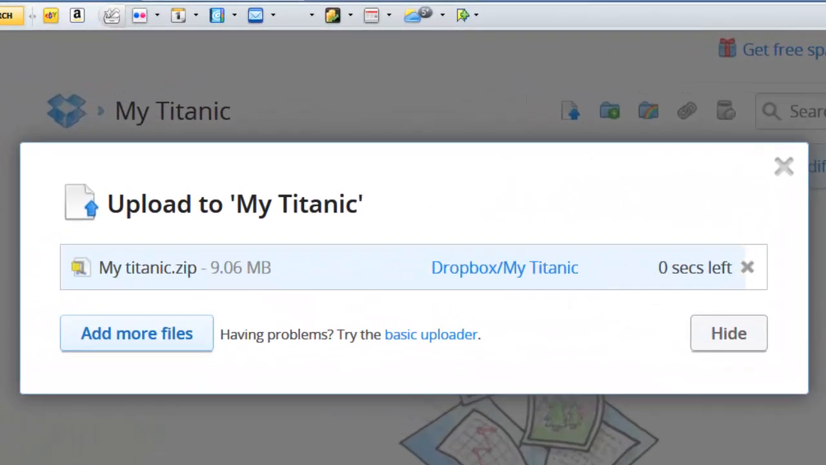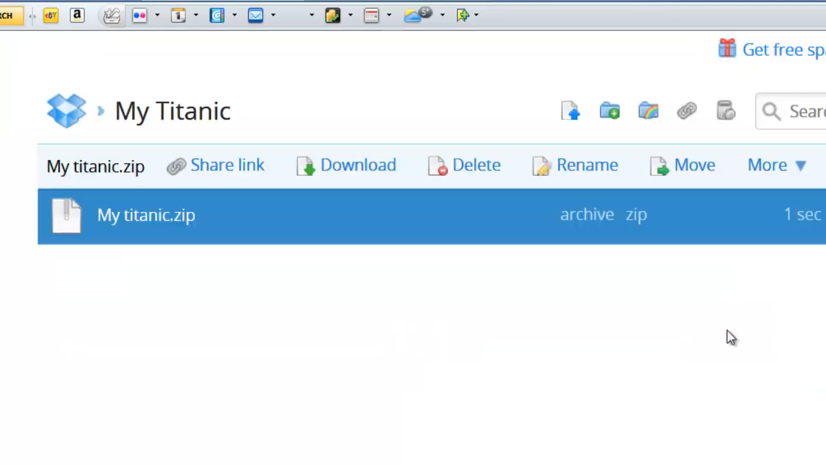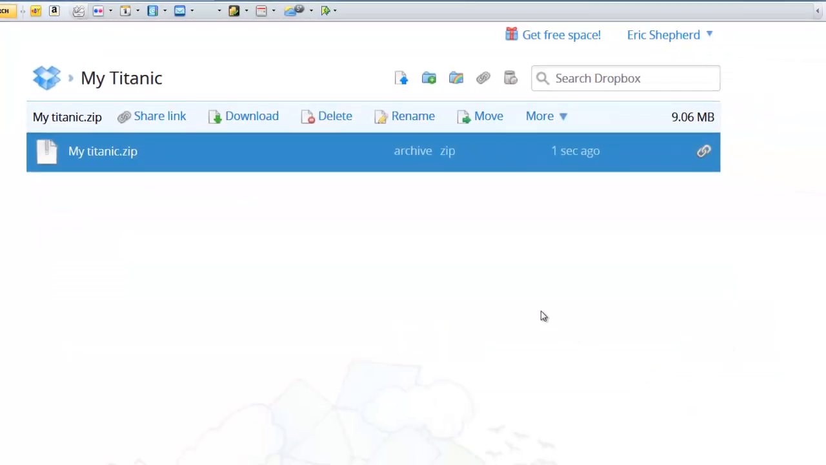Right, we'll just let this finish off now and see what happens. I'm a little curious myself because it's a long time since I've used it. It says it's done, so we'll click on that and there we go. So we've got a blue bar here with My Titanic zip and a share link on the opposite end. So if we click on that